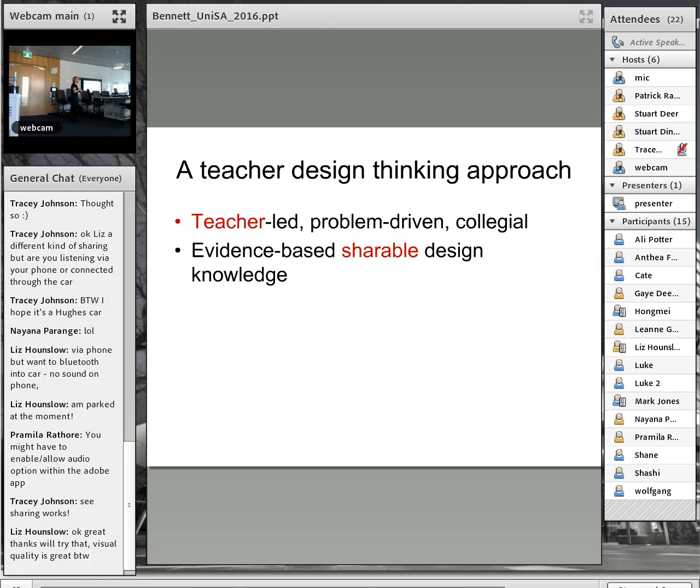We need an evidence base of shareable design knowledge. So the basis of all of that jargon is really we need a way to share our practice, to share good practice, and to share strategies that are based on research evidence. Now, when we report our research in teaching and learning, it doesn't always pop out as readily usable strategies. So this is a research translation exercise, if you like. It's going that next step to say, okay, here are the results of this set of studies. Maybe it's about student self-regulated learning. Now, how do we then translate that into designs for our students?